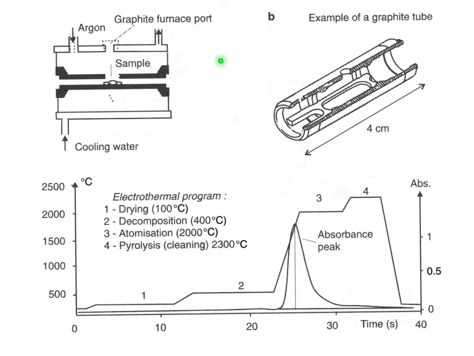Alternatively, we can atomize without flame. What's the advantage? In flame you have oxygen, so you are making oxide molecules. If you atomize your sample without oxygen, in a noble gas, say in argon, you will have far less molecular peaks. So what can be done? You put your sample in a graphite tube, we name it sometimes graphite cuvette or graphite furnace, and then